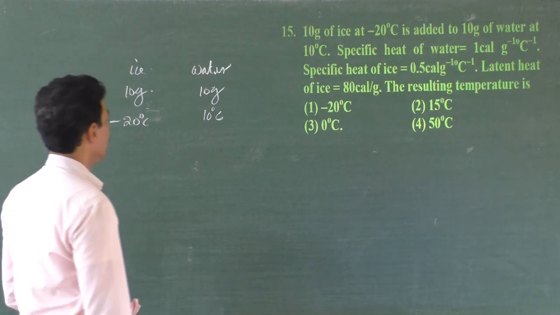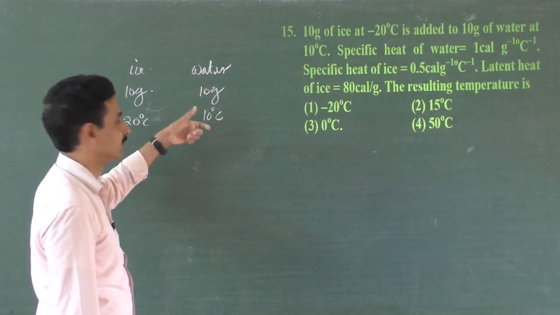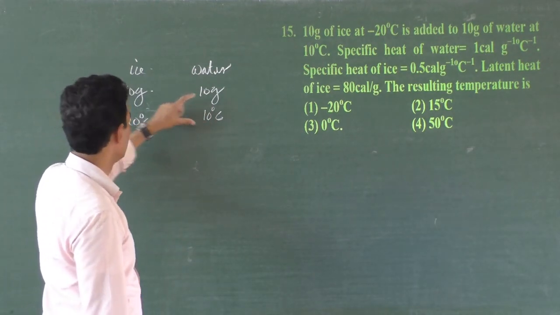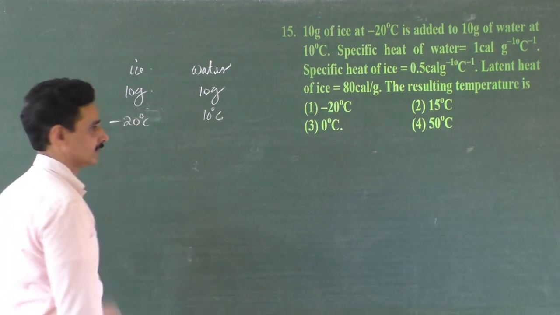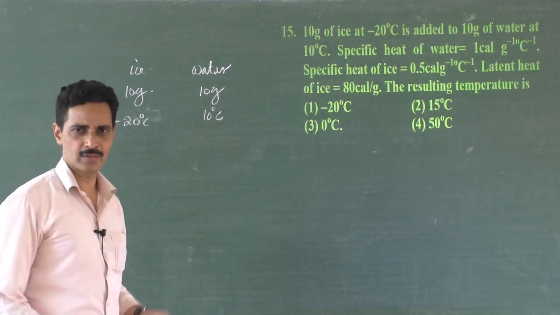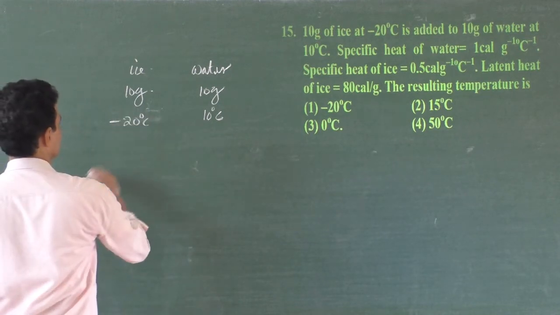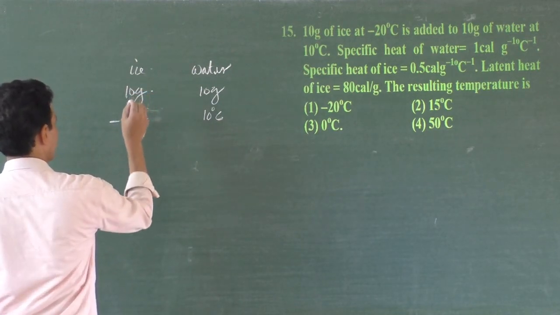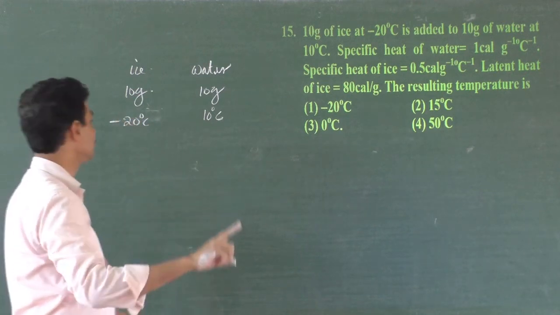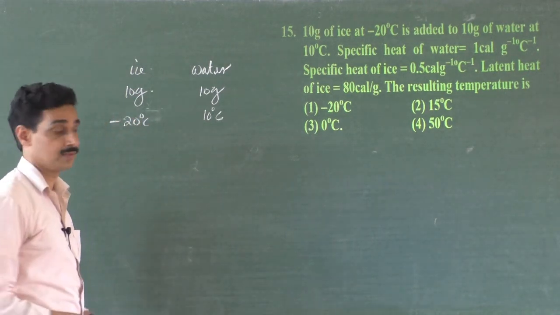Now let us see whether this hot water donor is strong enough to give all the heat energy to melt this ice. Even if it just melts, how do we solve this? See how much this needs. We will calculate. 10 gram of ice, at minus 20 degrees Celsius.